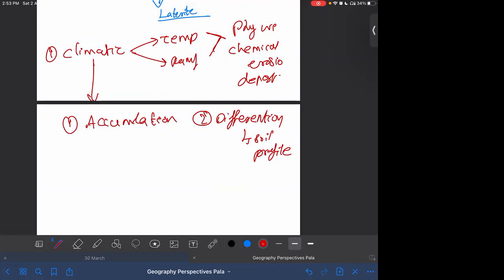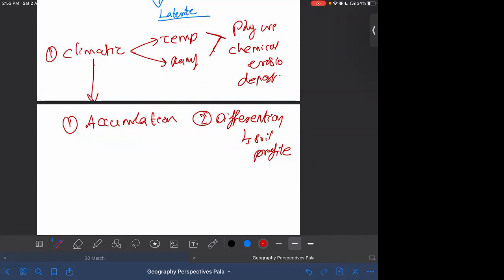So if you look at the function of soil, there would be physical weathering in some regions. For example, in the semi-arid region, you will mostly see physical weathering. If you see humid regions like the rainforest, you will see more of chemical weathering. In both these cases, the same soil can be converted into different types of soil because the climatic factors acting at these regions would be different. So based on the climatic action, different types of soils can be produced.